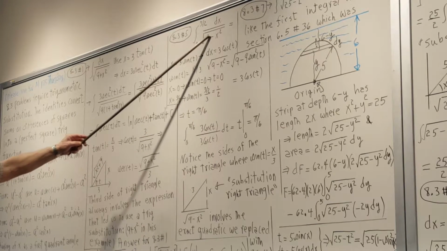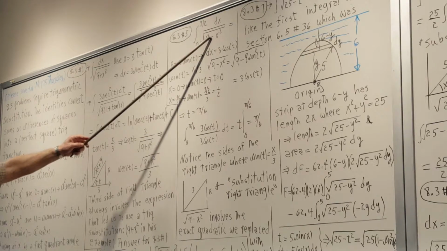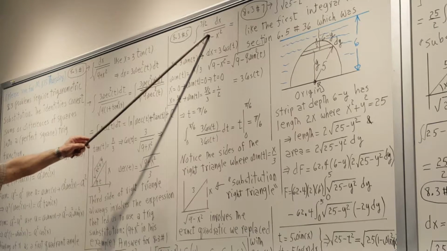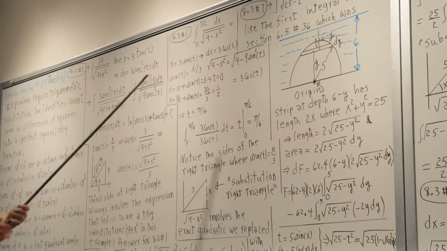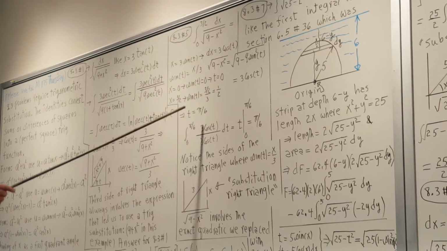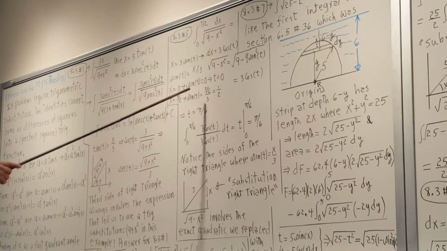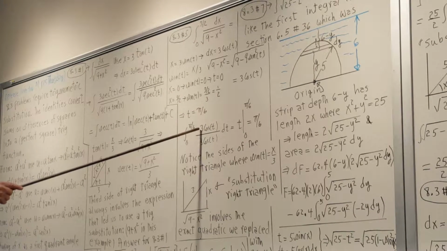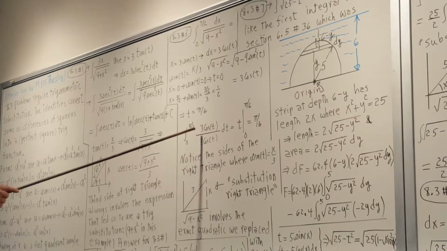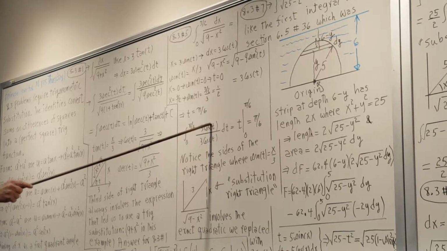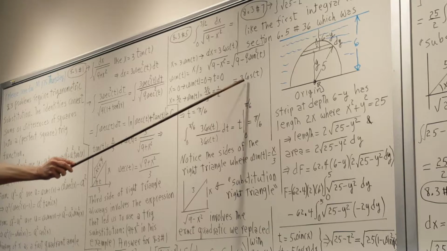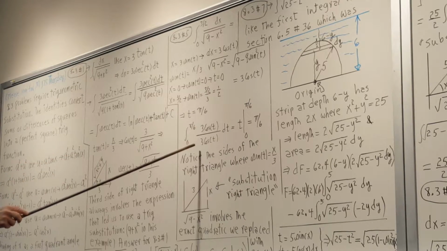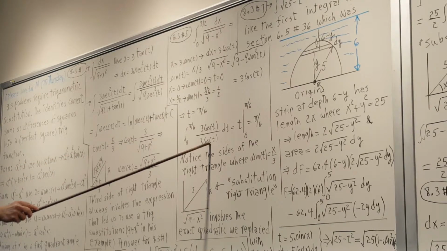So this is going to become 3 cosine without the square root, and you're going to have 3 cosine up here from the dx. So the integral then is going to be 3 cosine t dt over the square root of 9 cosine squared, which is 3 cosine t in the bottom,